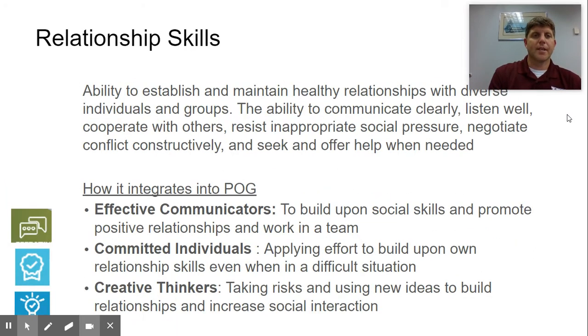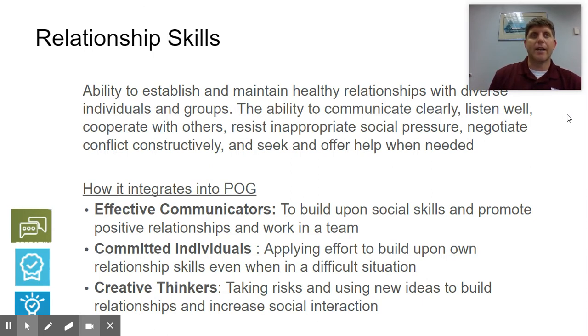And relationship skills is one of the bigger ones, I think, because in the advent of social media, kids are spending more time in front of a screen than face to face. I think this is a big one because a lot of times kids have a hard time communicating with one another, especially as technology gets more and more advanced and kids are communicating through a screen more than face to face. So I think this is one of those critical components